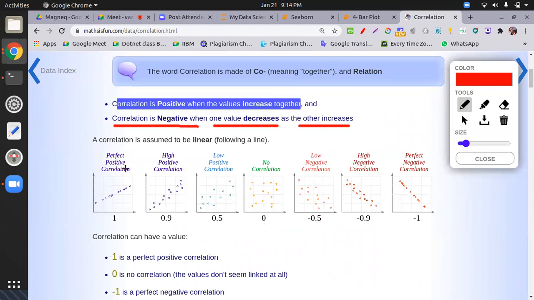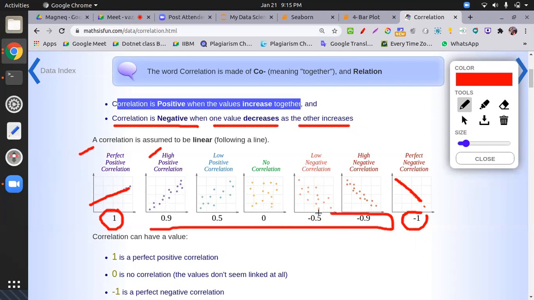See this one: the maximum value is 1, high correlation, and the minimum value is -1. If data is highly correlated in a positive or a negative way, both are good. There is perfect positive correlation, high positive correlation with a little distortion, low positive correlation, and no correlation. These are scenarios based on the calculation, which gives you the correlation value.